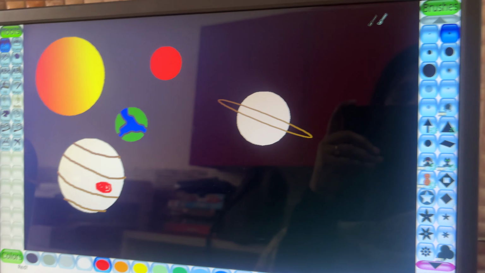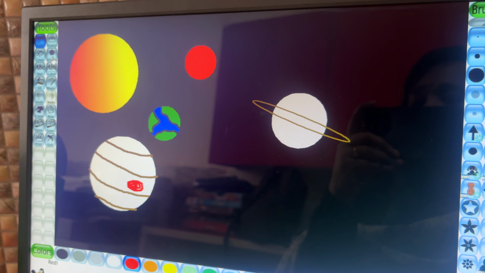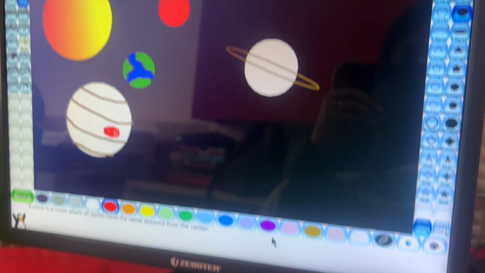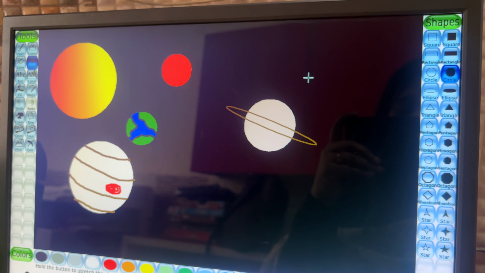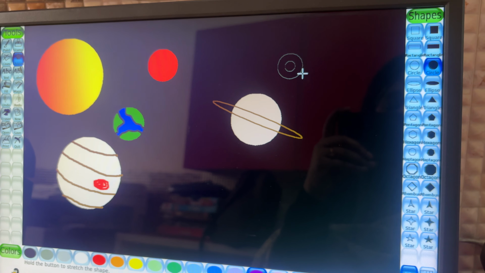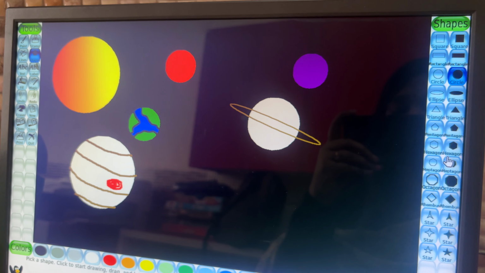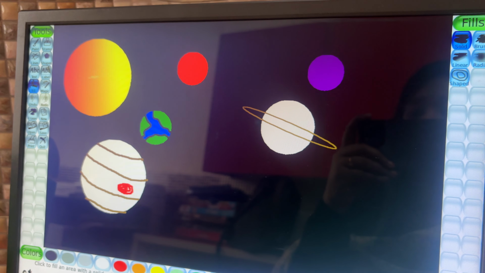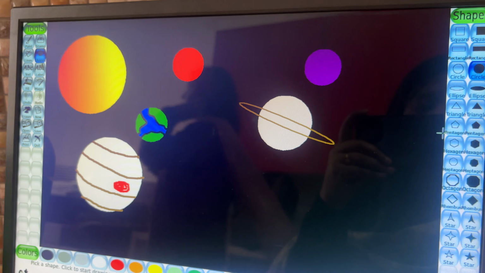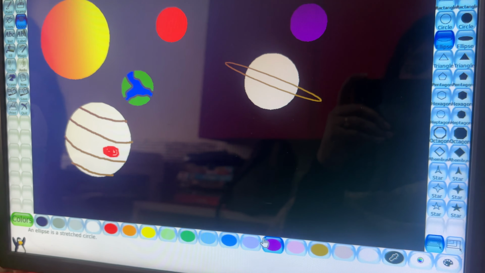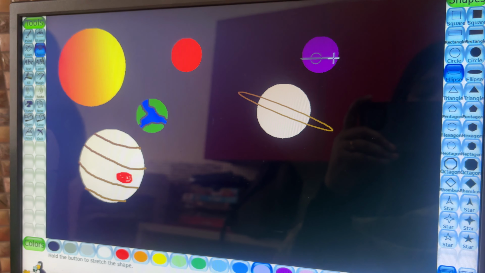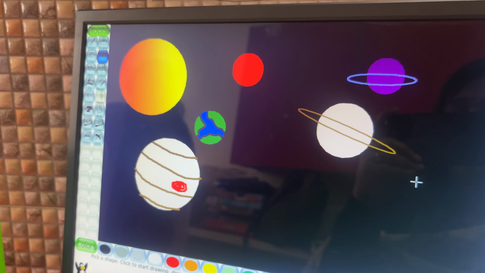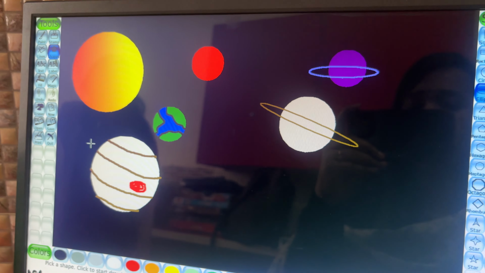In order to make this drawing more whimsical and fun, we can add another shape, let's say with circle, which is a purple color planet. It could be any planet that children can imagine. So this is an additional planet that we create. For fun, and for practice, children can also make an ellipse shape around this planet with a lighter color, like this. So we have made another planet in the solar system.